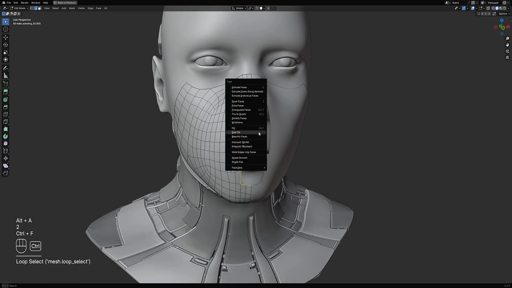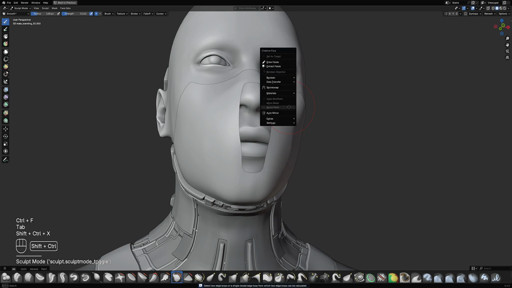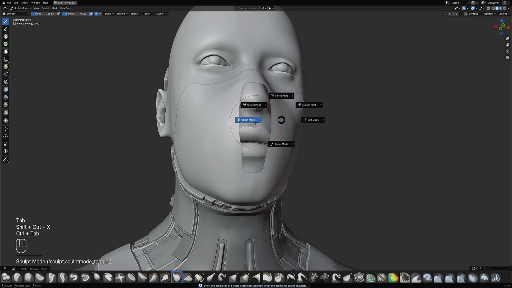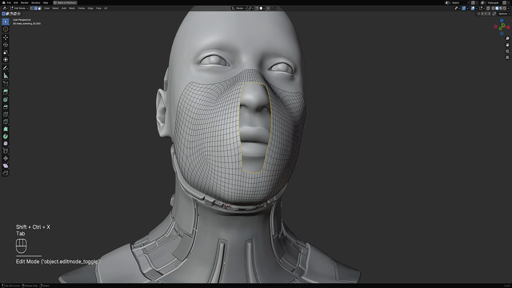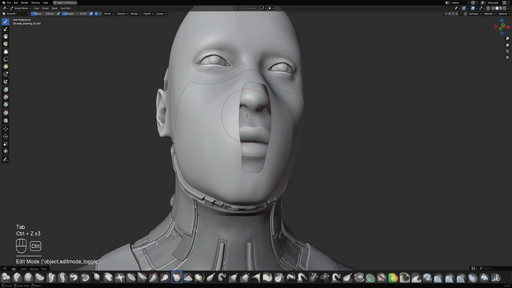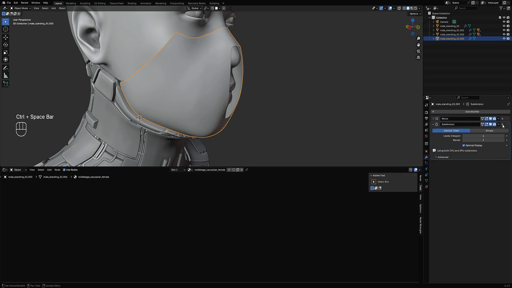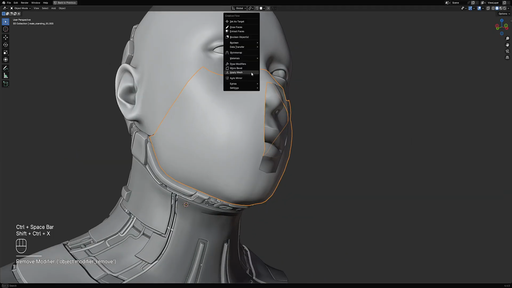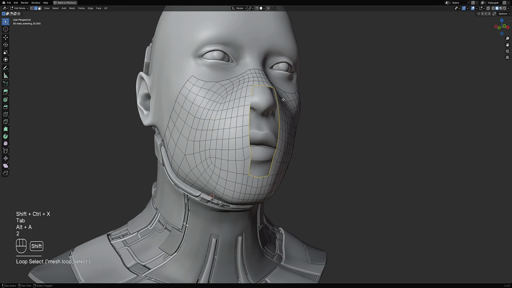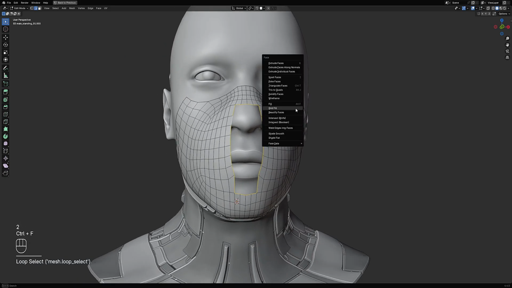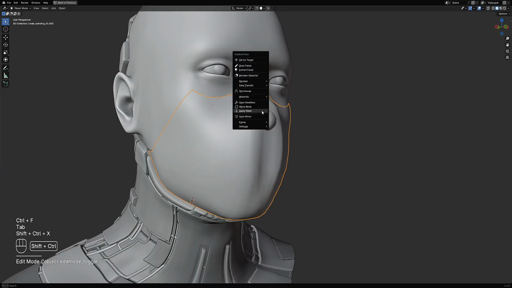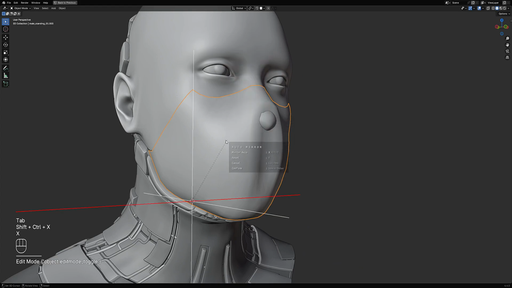Oops, select two edges. So what I'm going to do is apply the mesh. Oh, okay, object mode. Disable the subdivision, so I can use the grid fill. There we go,